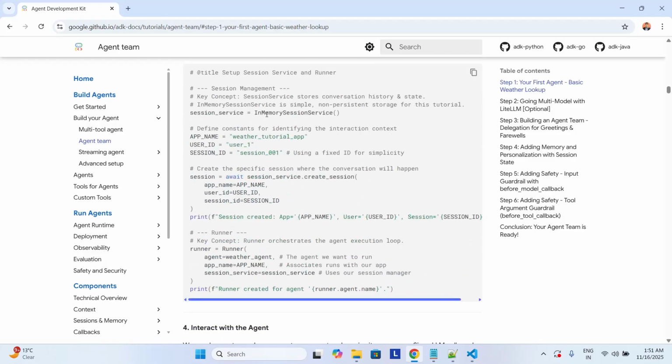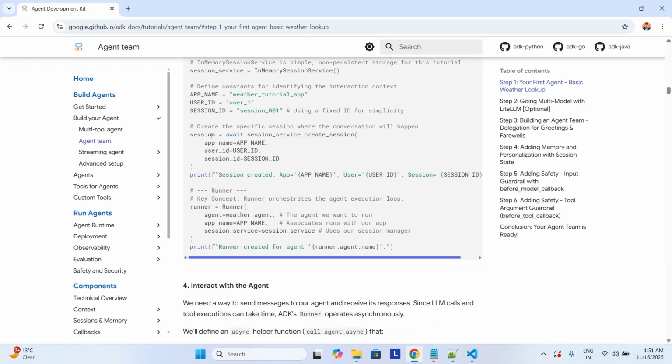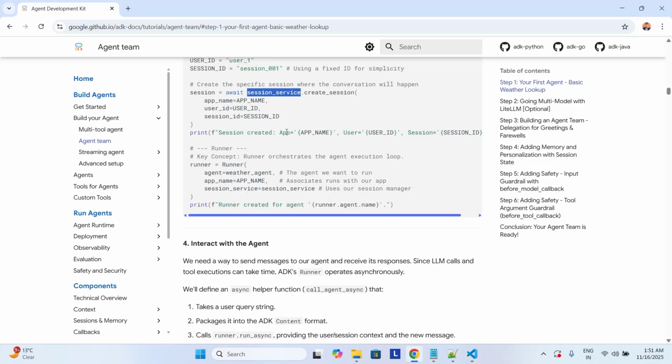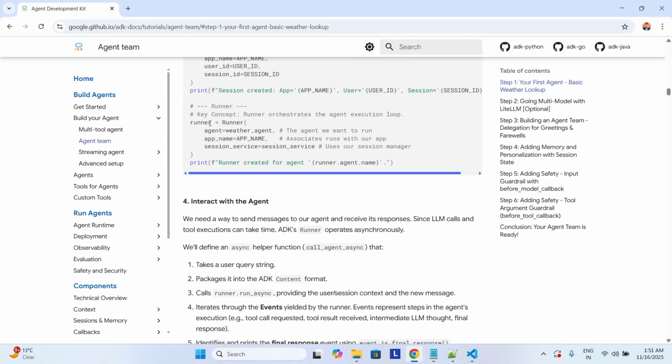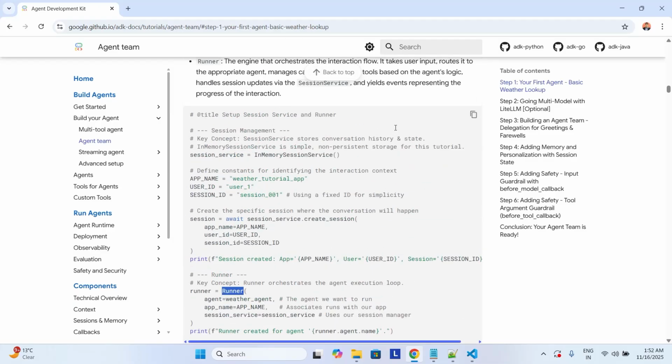As you see, session service is nothing but an object of in-memory session service. Then we can give an app name, take any user ID, and any session ID. Then we create a session using this session service. This is just to print out the app name, user ID and session ID. Then we create an instance of a runner, and the runner will take the parameters agent, app name and session service. That's it. So let's copy this,